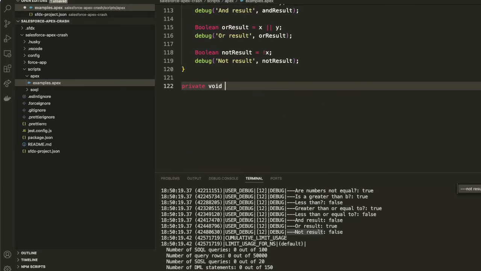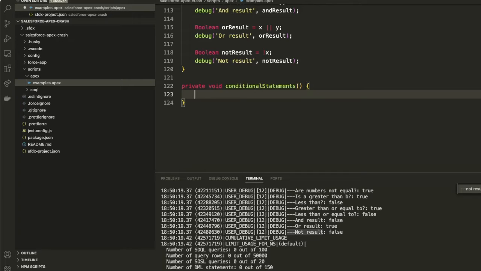Private void, paste in that. Cool. Now, conditional statements allow us to control the flow of an application by using the if keyword or the switch keyword. And I'm going to show you a couple of examples here. These are very common keywords that you would use in programming in many languages, but in the case of Apex, we use this to control the flow and the logic within the application